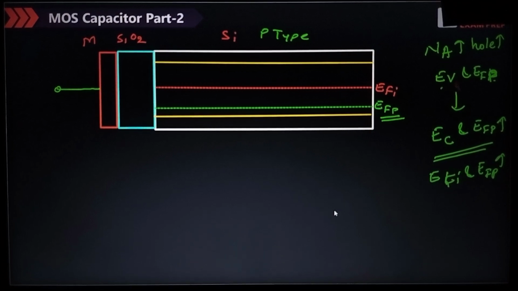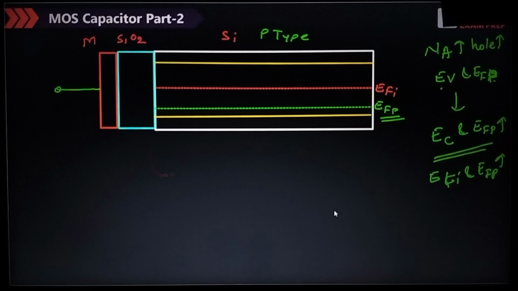And this gap will decrease. So when I want to show EFI and EFP increase, this gap will decrease. So when I want to show the accumulation in the diagram, actually this is a case when there is no biasing. But when I am giving the negative voltage here,